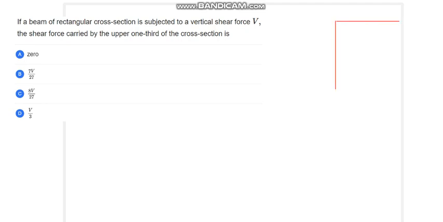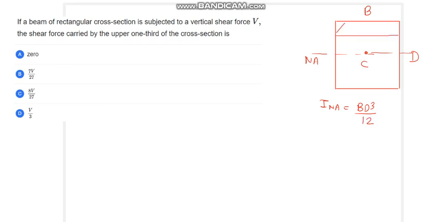It is the section of the beam. Suppose its depth is D, and its width is B. It is the center, the geometrical center, which is also the centroid of the rectangular section. It is the neutral axis. The moment of inertia about the neutral axis is BD cube by 12. Now, if we draw a line parallel to the neutral axis at any distance y from the neutral axis,